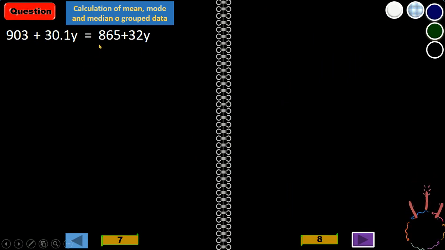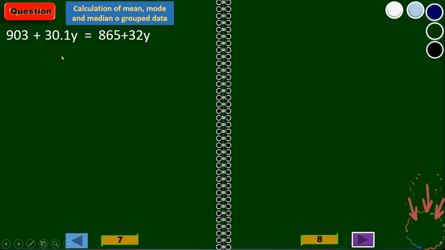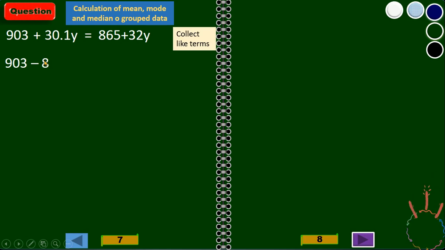Then we're now going to simplify this by collecting like terms. All the terms in y, we'll take them to the right, and all the terms without y, we take them to the left. Now on doing that, we're going to have 903. This going the other side becomes minus 865, while